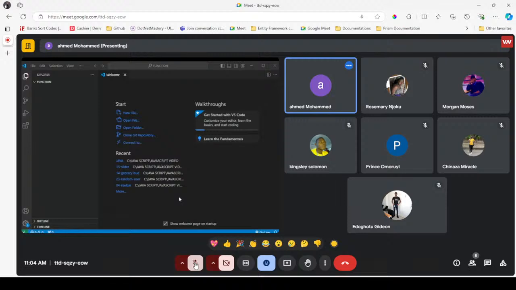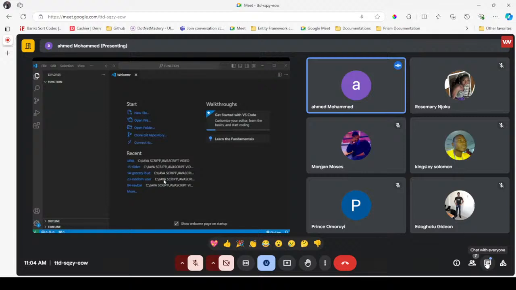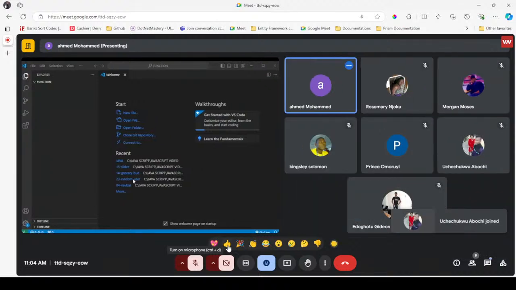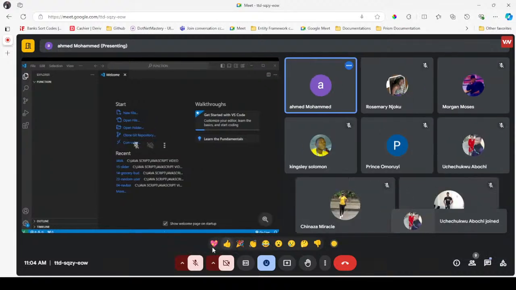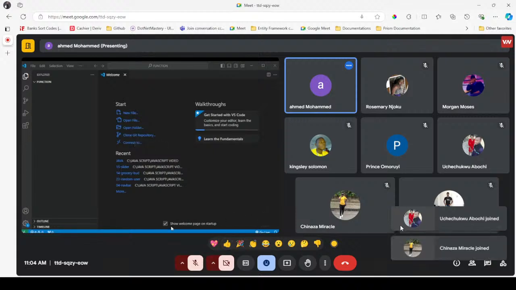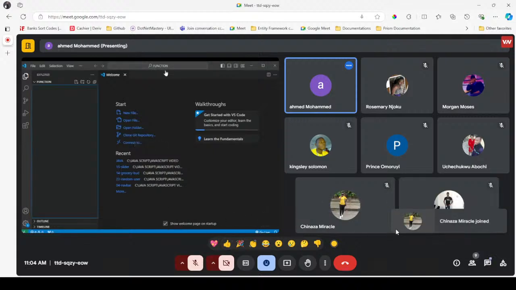We will start. Open your Visual Studio Code. Create a folder called function. And inside the folder, we'll now create our HTML file, our CSS file, and our JavaScript file. Gideon, you ready? Right, we'll start so that you start recording. Good. So now, on a blank file,